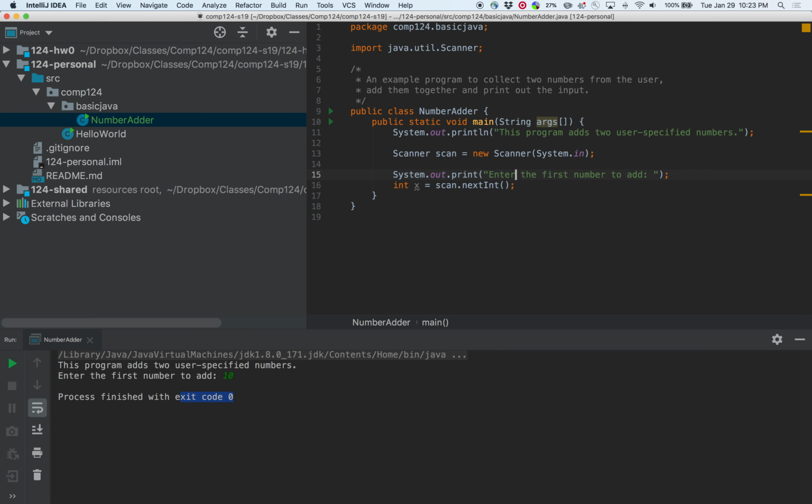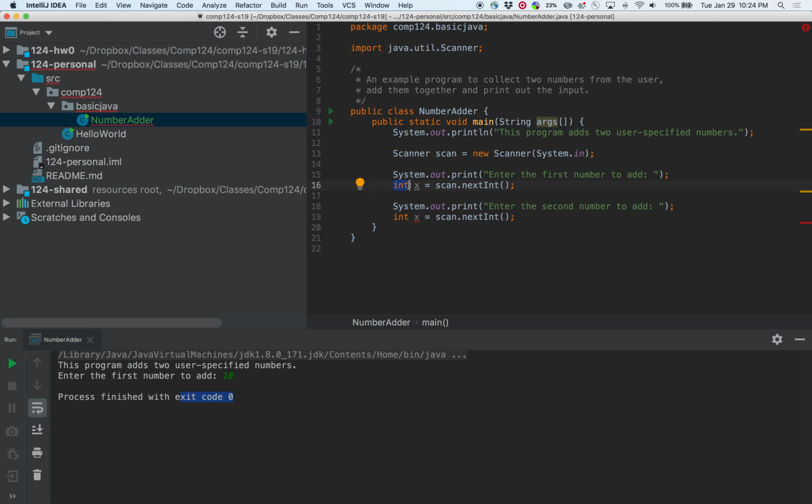I'm going to just duplicate these two lines of code. So I copied them. I'm going to paste them. So I'm going to just change a couple things here. Enter the second number to add. Exactly the same. We can't have two x variables. So this is different from Python. In Python, you're allowed to redeclare the variable x as many times as you want. And here, we can't do that. Once we have an x declared and a declaration happens,